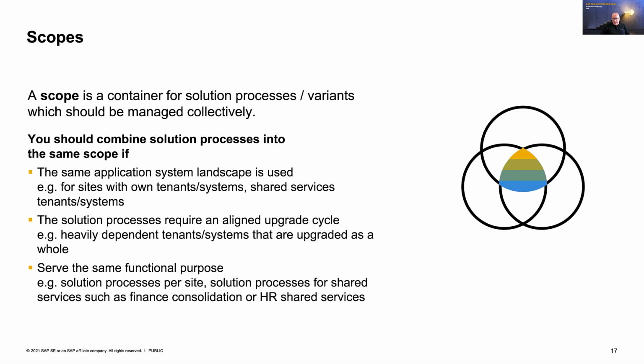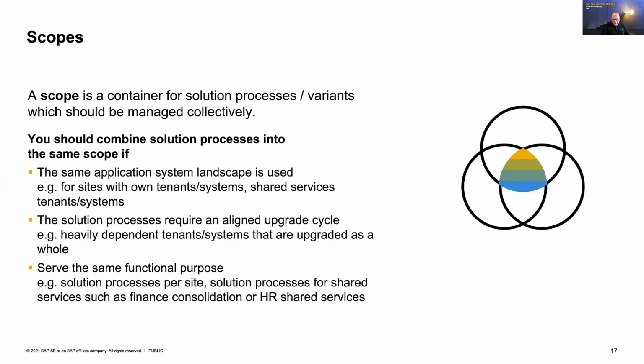Yeah, so for instance, if you have, for your plant Berlin, your own S4 tenant, then you would combine all the processes that belong to the plant Berlin into a single scope, because then you can make sure that you can upgrade all these processes, including all the dependencies together. So then you have really bundled the stuff in a way that it comes in handy for upgrades, for instance, or for system upgrades, that you have them together and that you know exactly what is affected when you do the upgrade.